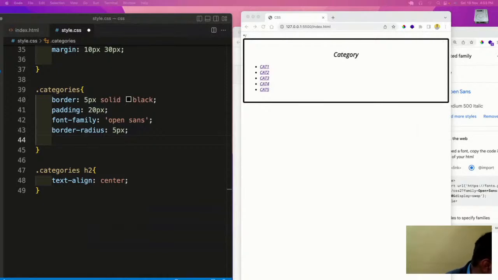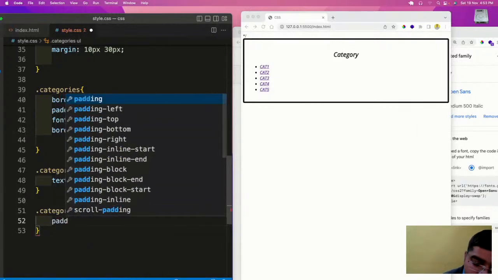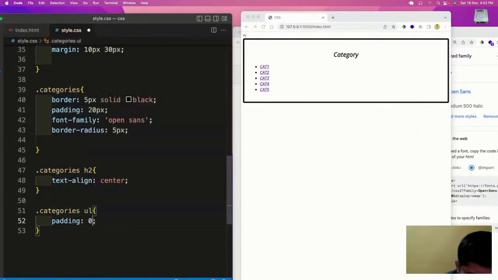So here what we will do, we will have the .categories unordered list, and in this we will use the padding to 0. So with this padding of 0, the entire thing will shift towards the left.